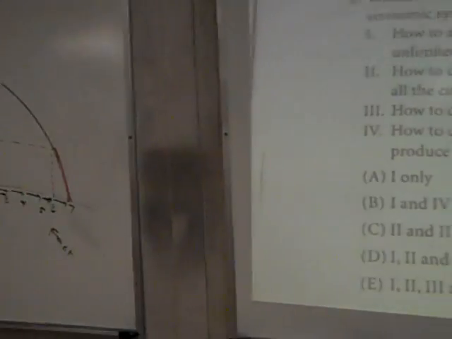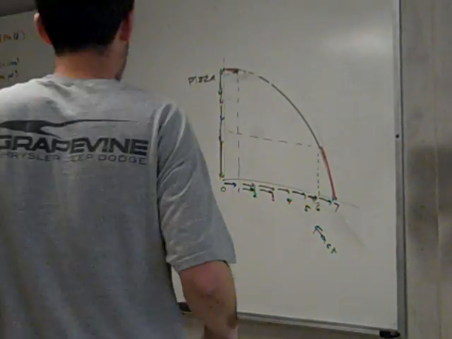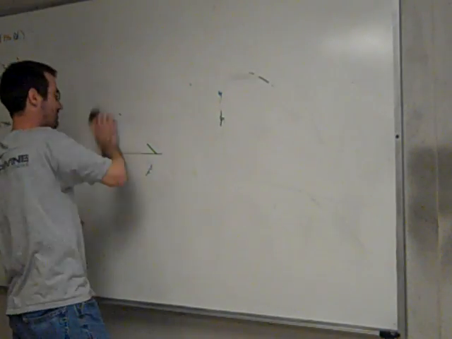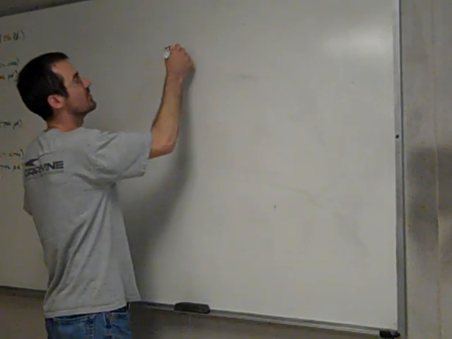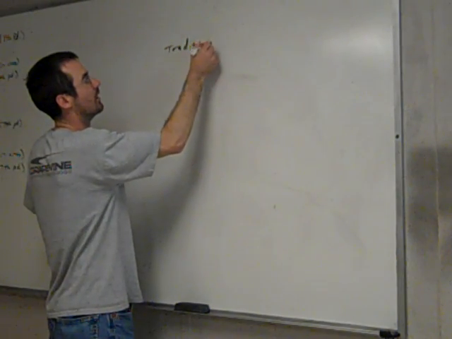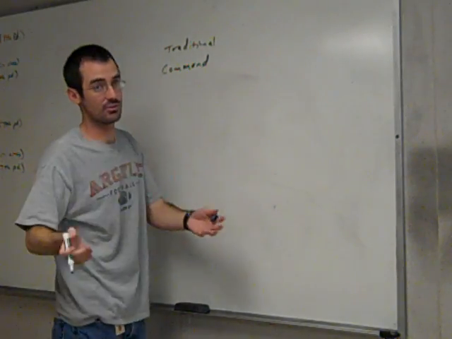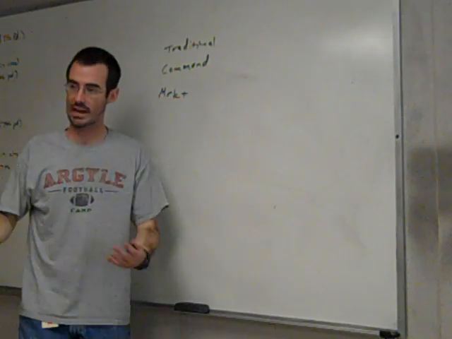So I'm going to bump over and review something really quickly that I don't do a good job of in class. It's so non-mathy. It's kind of trivial. But three major types of economic systems are traditional, command, which is where the government commands all the decisions, and then free markets. We also call them free enterprise or capitalism.